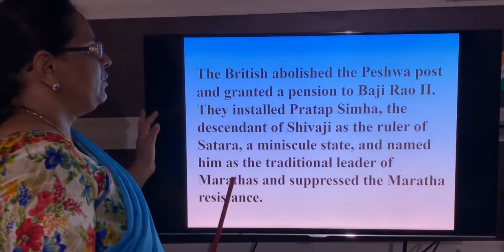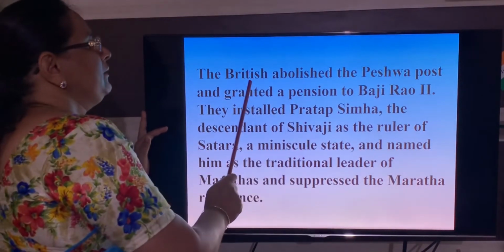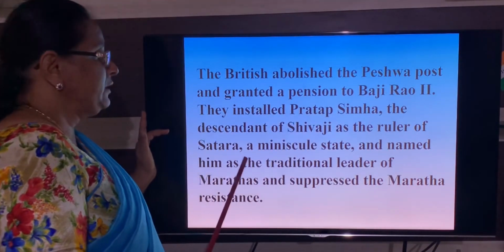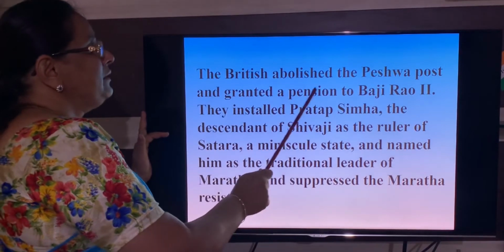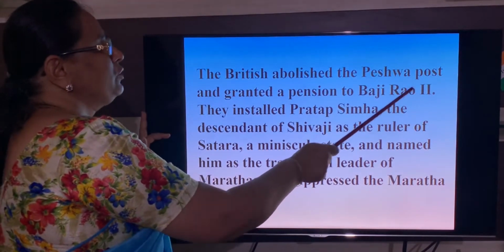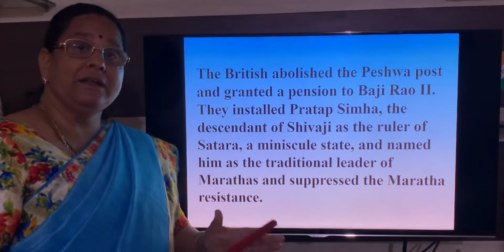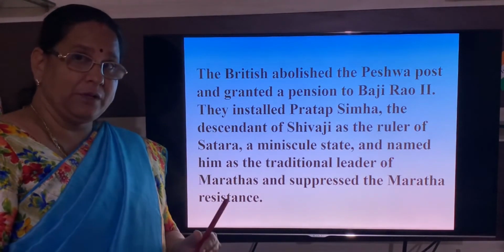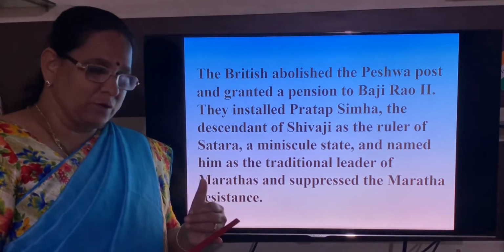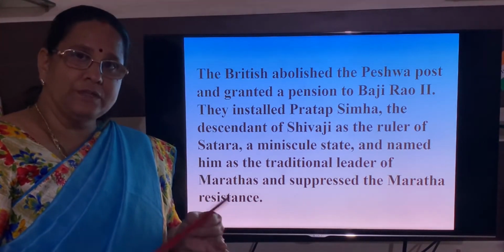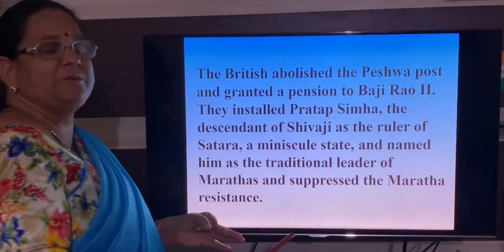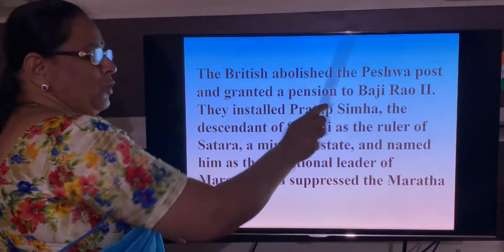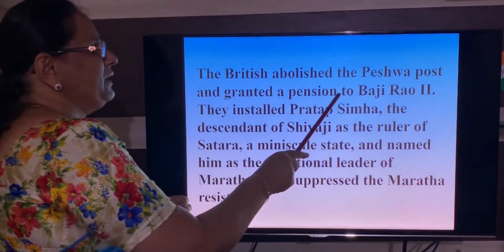So, the first one is you have to remember here is the British abolished Peshwa post. First point. Second point, granted a pension to Bajirao II. These 2 points will come under the result. Now I am explaining about the result. First I explained about the cause, then I explained about the cause, and the third one is about the result I am explaining now. So remember, British abolished the Peshwa post, and the next one is granted a pension to